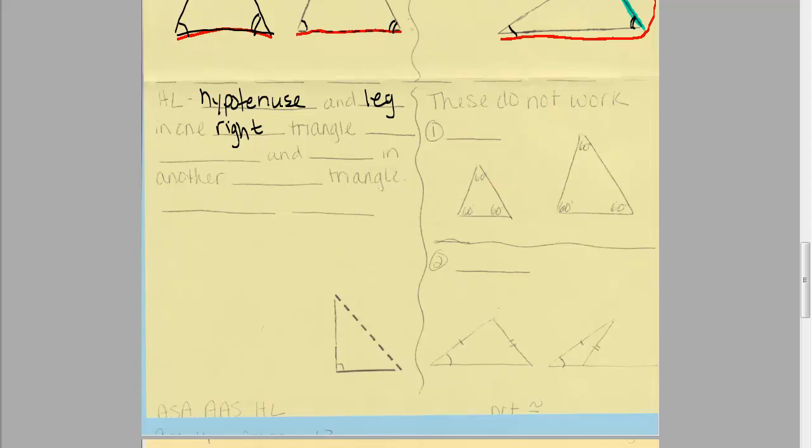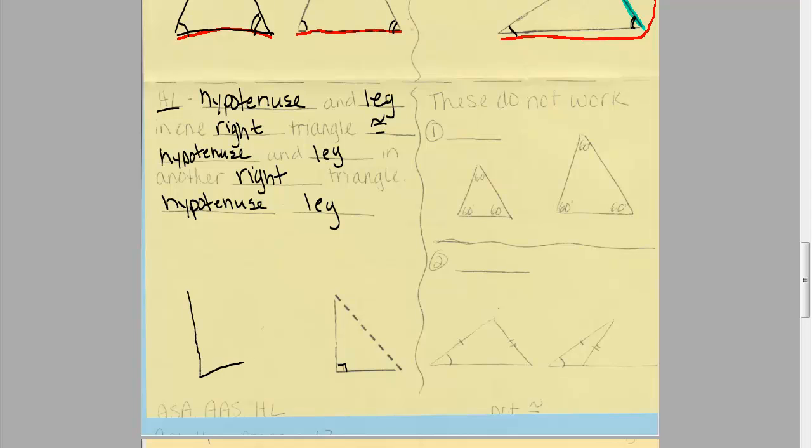And it is congruent to a hypotenuse and leg in another right triangle. And again, the HL stands for hypotenuse leg. So as long as we have a right triangle,